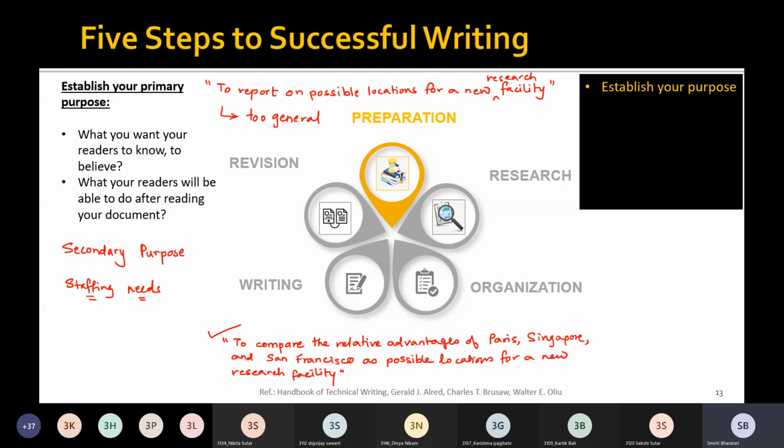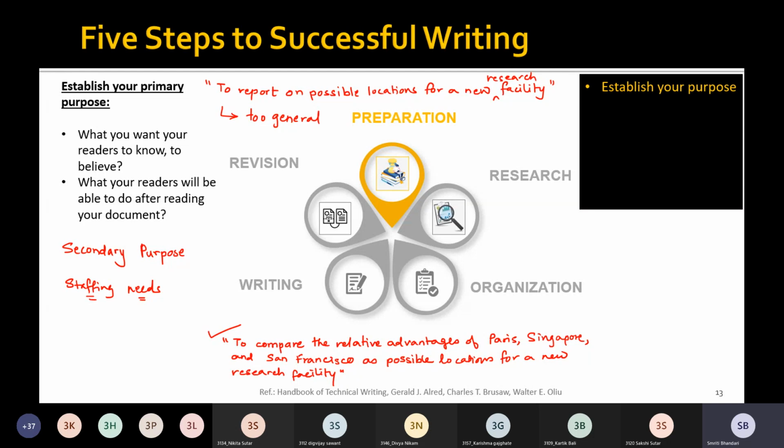So the top management will be able to select the best location for the new research facility. They will be able to appropriately find out the staffing needs for smooth operation of the facility, right? So this is how we need to establish our primary purpose,